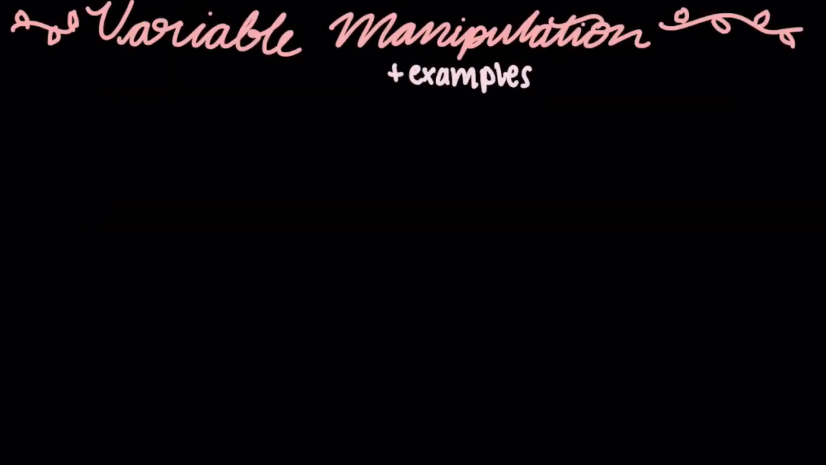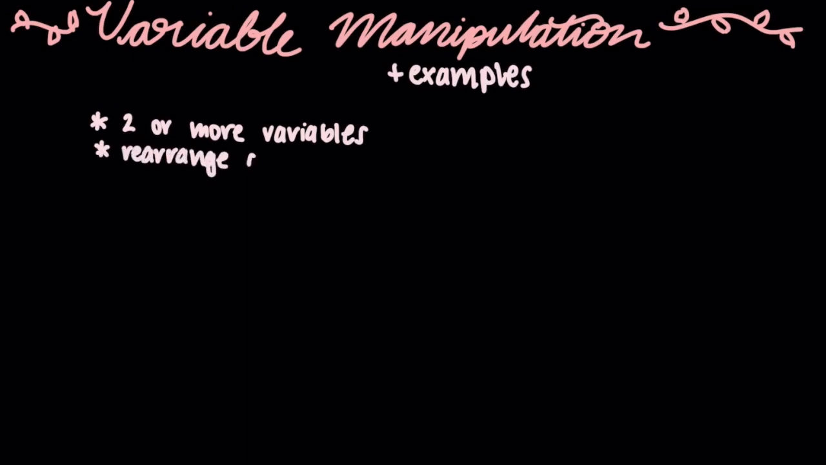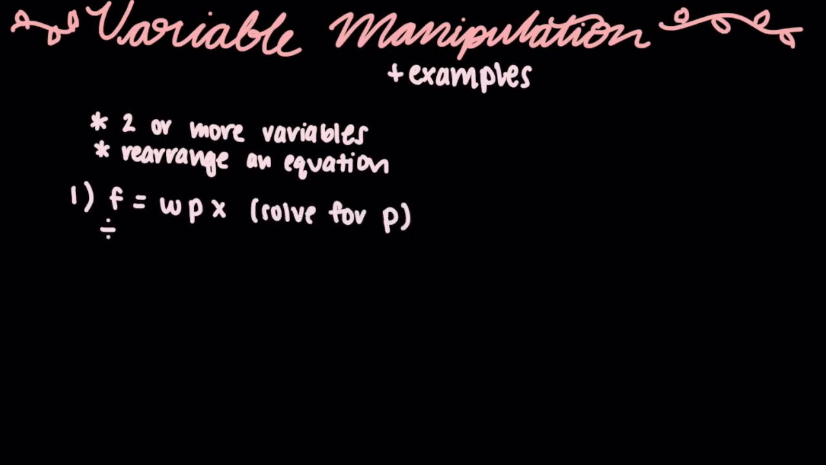Let's move on to variable manipulation with a few examples. In variable manipulation, you are generally given two or more variables and you are asked to rearrange an equation to solve for a certain variable. In our first example, let's say f equals w times p times x, and we are asked to solve for p. If you divide both sides by wx, then you are left with